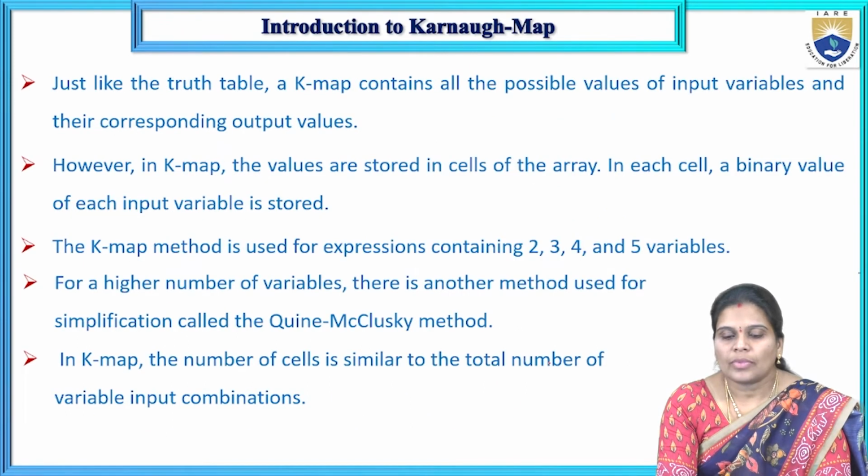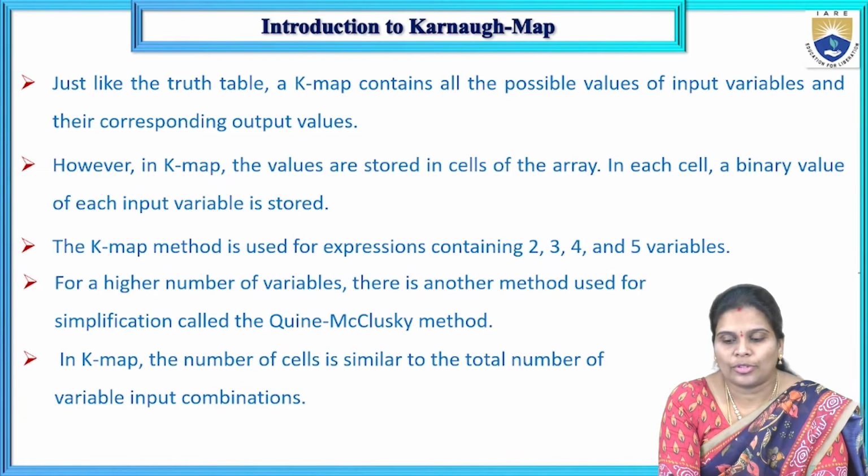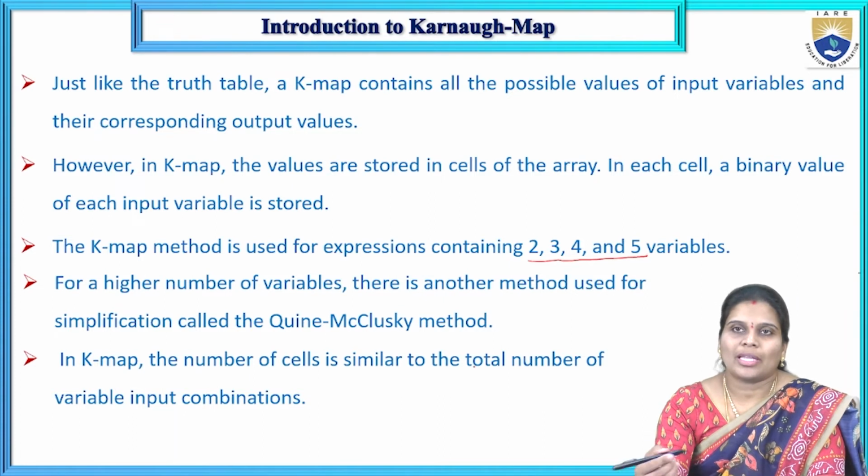For example, take any truth table. The truth table contains all possible values of the input and output. For the input variables, we get some output value. The values are stored in the cells of the array, and in each cell a boundary value of each input variable is stored. In this K-map, we have 2 variables, 3 variables, up to 5 variables. For more than 5 variables,